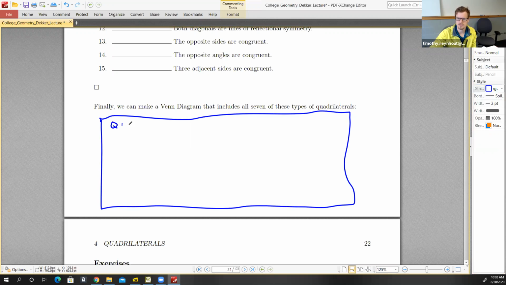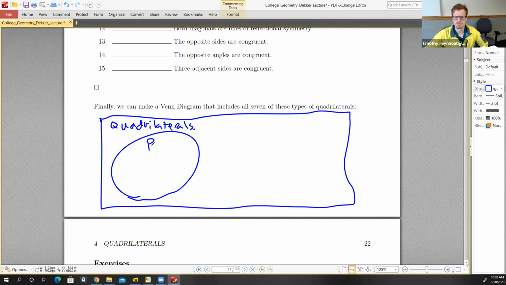So the space that we're working in is quadrilaterals. So this rectangle represents all quadrilaterals. Within it are all of them. All right, so of our quadrilaterals, we have a few shapes that are most common. And the first thing to observe is that we have